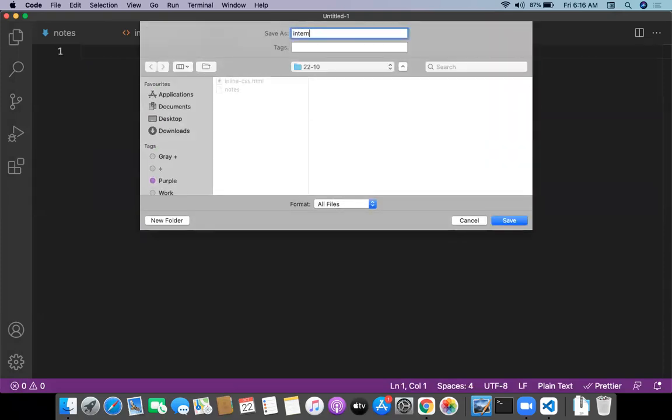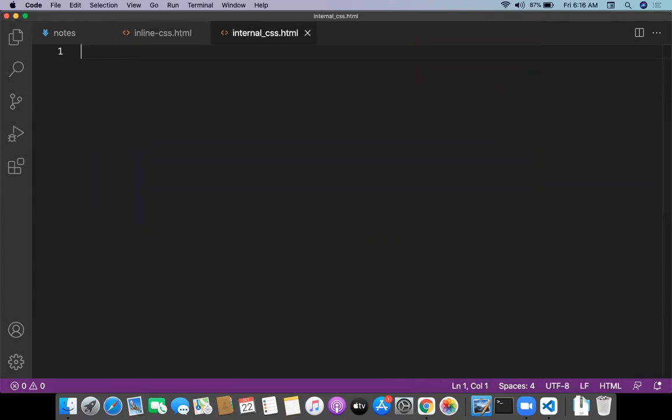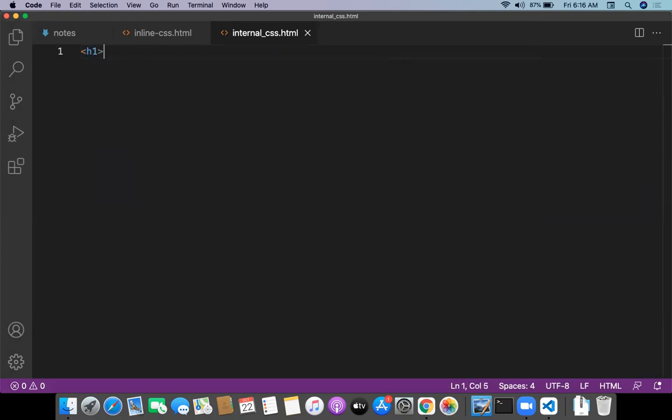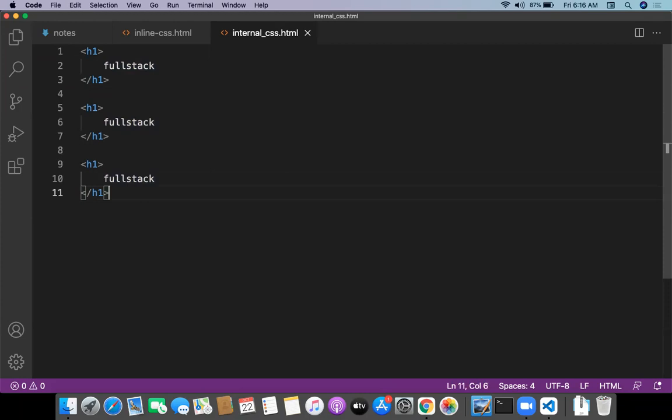What about internal CSS? Is internal CSS .html? So for internal CSS, the complete page is going to be having the one-time CSS. For example, I'll be having lot of h1s. Here, let me take multiple h1s, and let me take a h2. So 3 h1s and 1 h2 is there. But I'm writing a style sheet now. Style open, style close. And here for all the h1s, I want to provide some color.